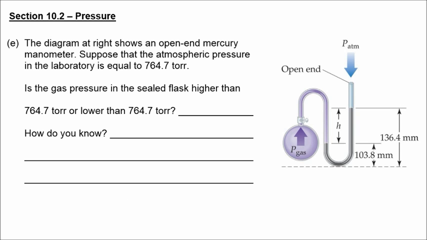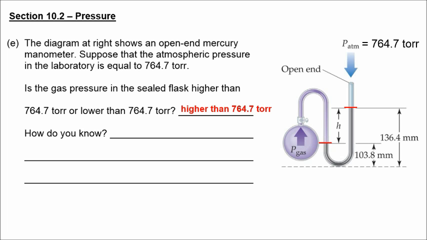The diagram on the right shows an open-end mercury manometer. So we have a sealed container on the left that is going to have a particular amount of gas in it. And on the right, we have an open tube that's open to the atmosphere. Suppose the atmospheric pressure in the laboratory is equal to 764.7 torr. The gas pressure in the sealed flask would be